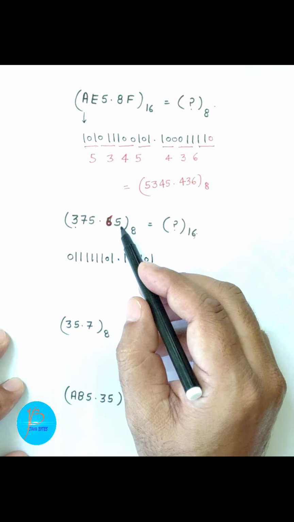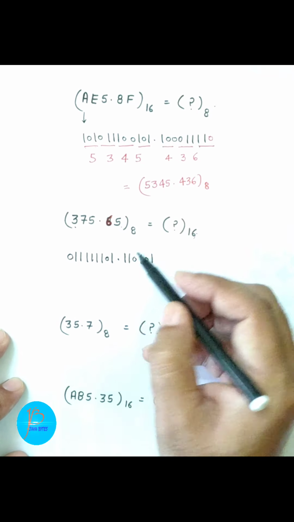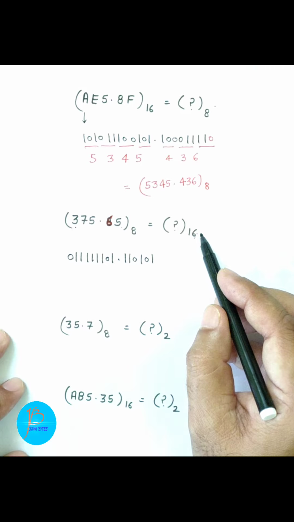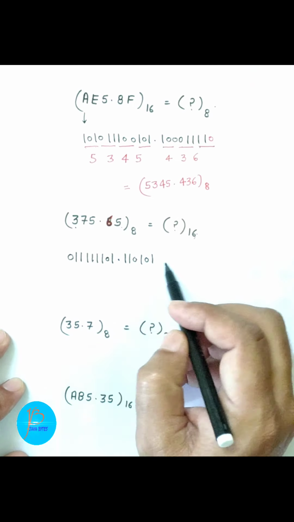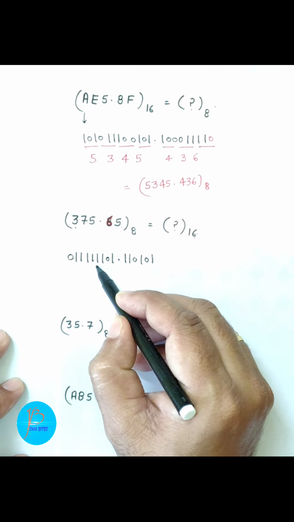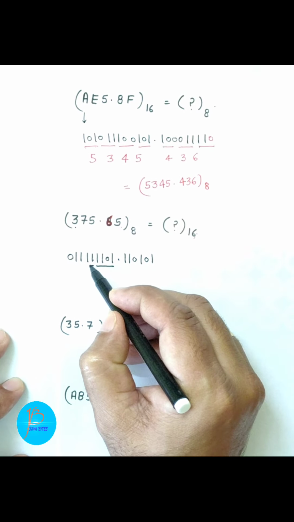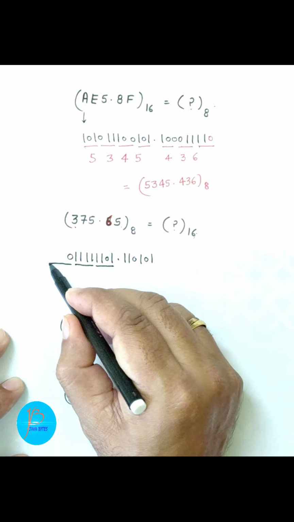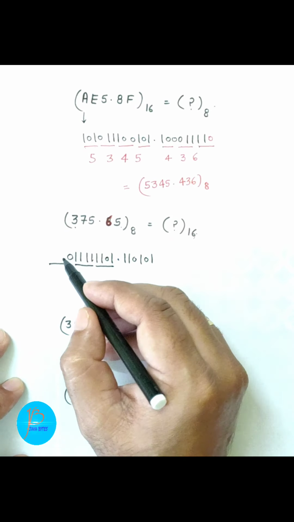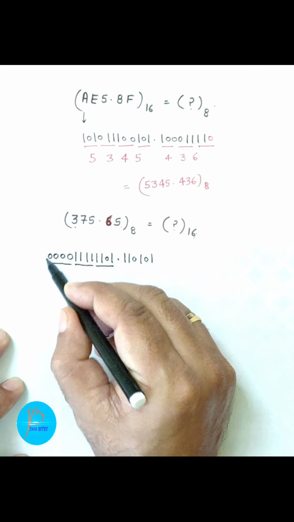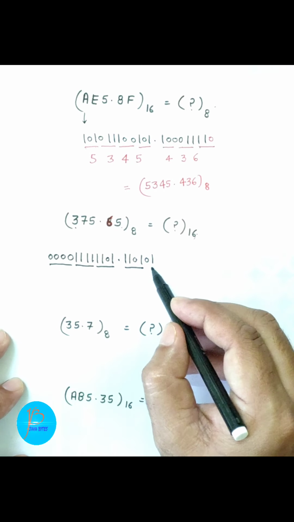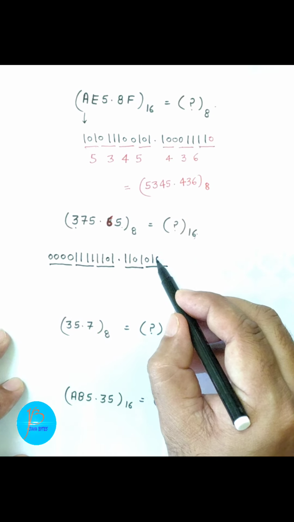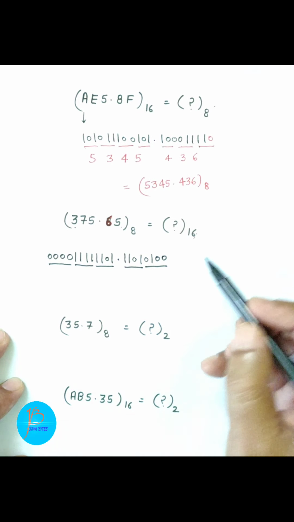Okay children, so we noted down the binary equivalent of each octal digit, and now you have to convert them into hexa. For that purpose, you will group these binary values into groups of 4 digits. For the integer part, go right to left: this is your first group, then the second group, and the third group. In the third group only a single 0 is there, so you can add 3 zeros from your side. For the fractional part, the first group is this, from left to right, and in the second group 2 zeros are missing, so you can add 2 zeros from your side.